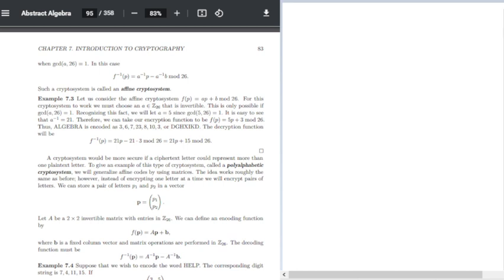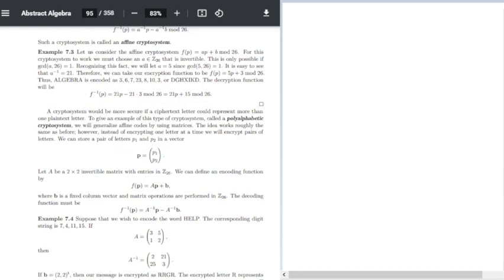A cryptosystem would be more secure if a ciphertext letter could represent more than one plaintext letter. To give an example of this type of cryptosystem, called the polyalphabetic cryptosystem, we will generalize affine codes by using matrices. The idea works roughly the same as before. However, instead of encrypting one letter at a time, we will encrypt pairs of letters. We can store a pair of letters p1 and p2 in a vector p = (p1, p2). Now, let A be a 2x2 invertible